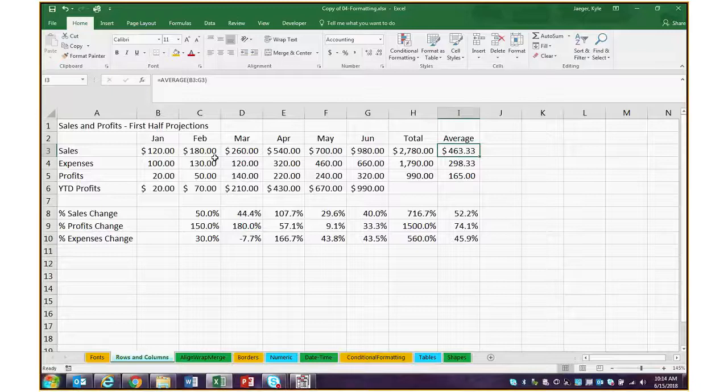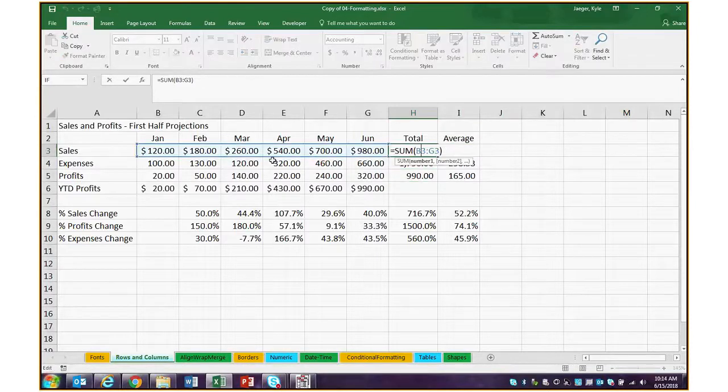Basically, again, I have this random spreadsheet that doesn't have any actual numbers in it. I pulled it offline somewhere. And I have some formulas over here. This one is taking the average of all the sales from January until June. And then obviously the total would be the same. So let's say if I had a similar